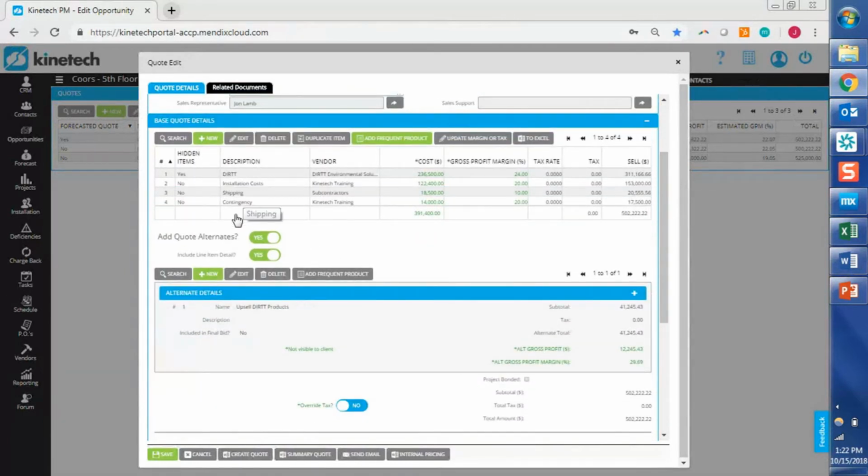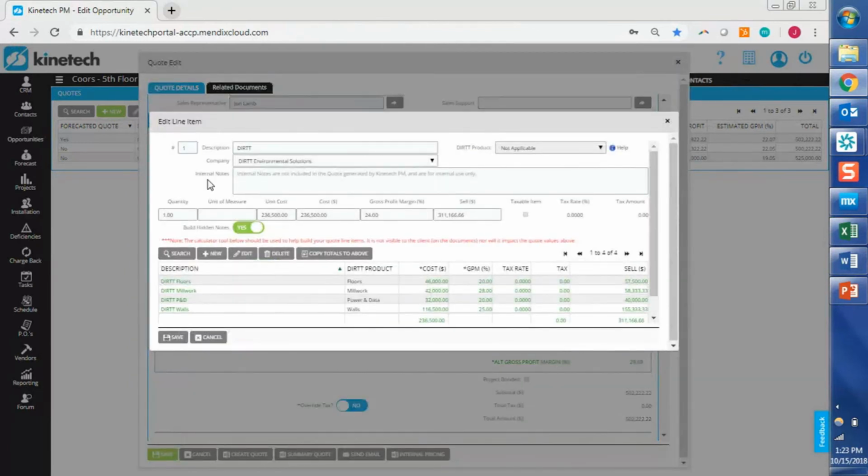So the next section here is really what I consider to be the meat of the quote. This is all of your quote details. It's going to have your line items, who the vendor is attached to it, what your cost is, what the margin is on it. All of that stuff is stored here. So I'm going to go ahead and open up this first line item. And for this one, this is for all of our DIRTT products, and this is still relatively new functionality that